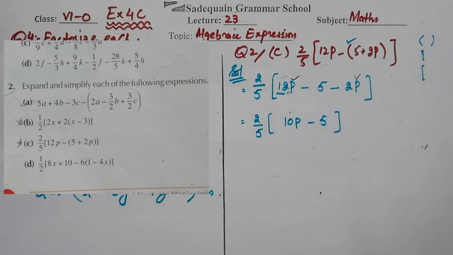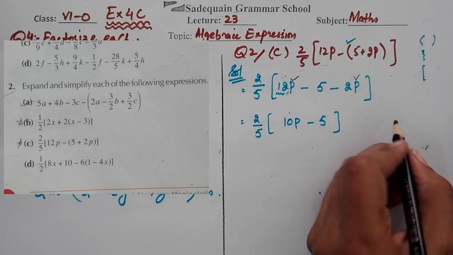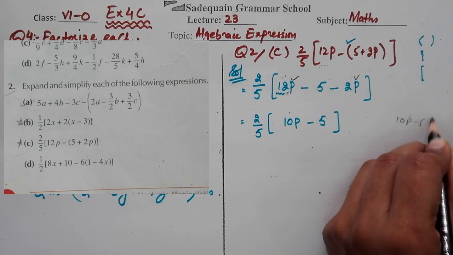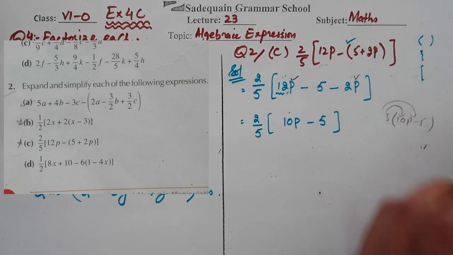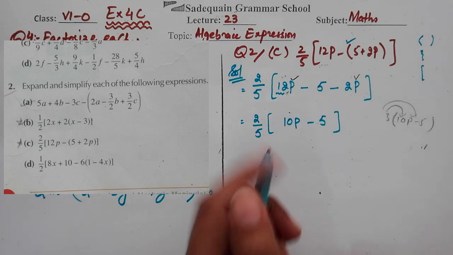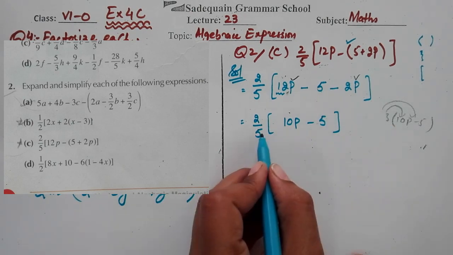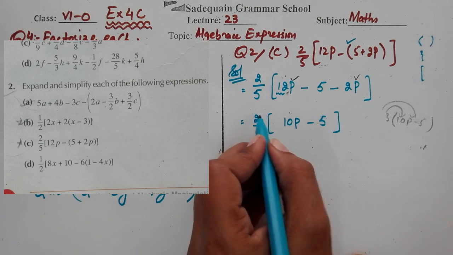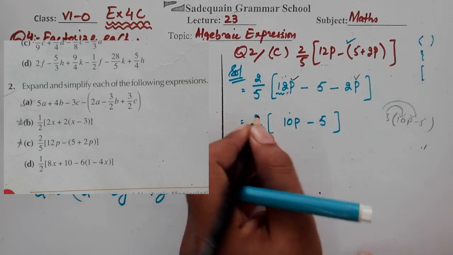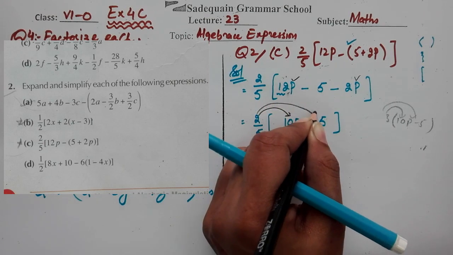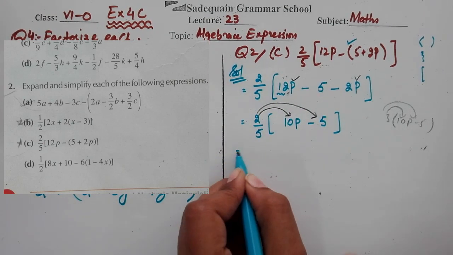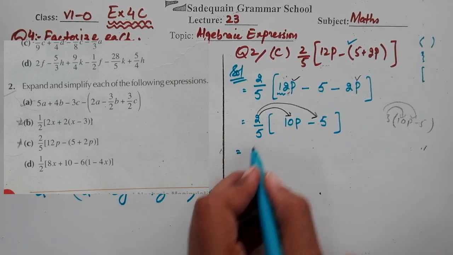It is just like, beta, if I write 10p minus 5 multiplied by 3, it means that 3 is multiplying with this one and 3 is also multiplying with the 5, but the difference is that here you have been given a number, but here you have been given a fraction. So this fraction will multiply, first we will multiply this fraction with the 10p, then we will multiply it with the 5. Okay? So don't get confused because of this fraction, it will remain as it is.